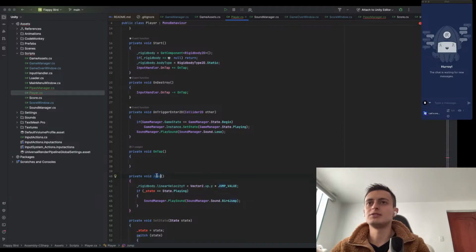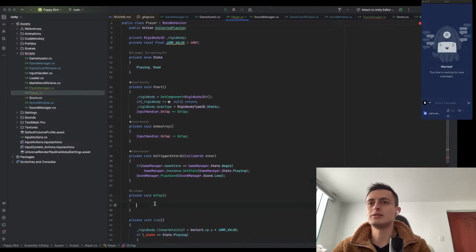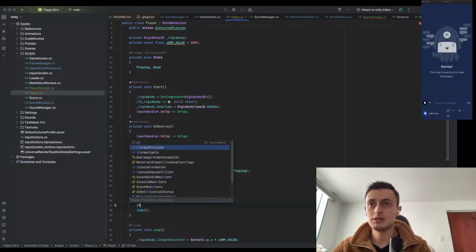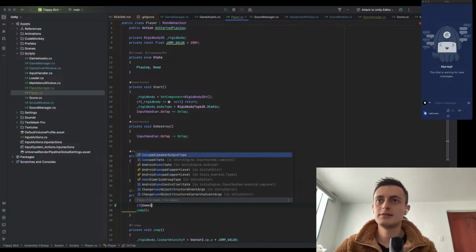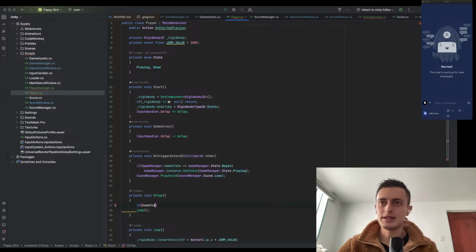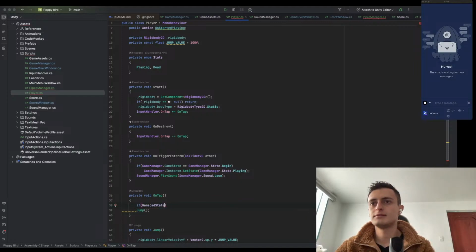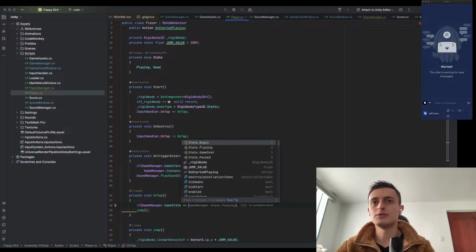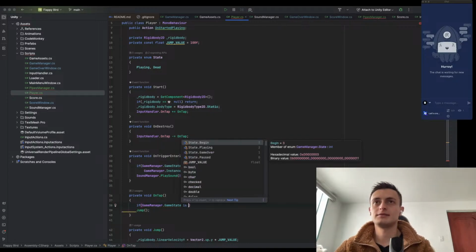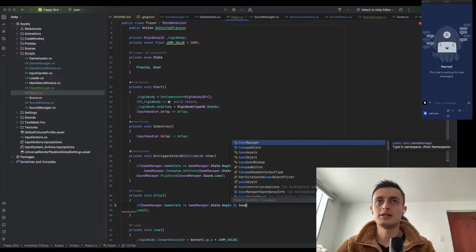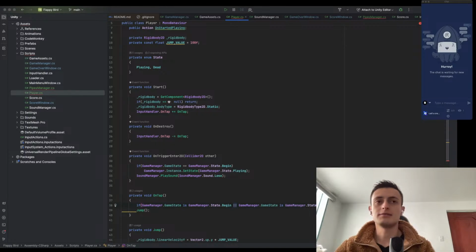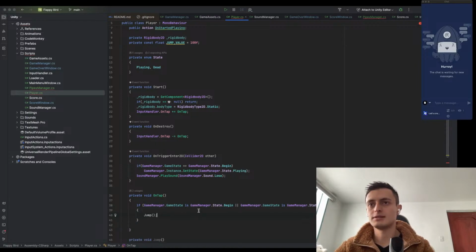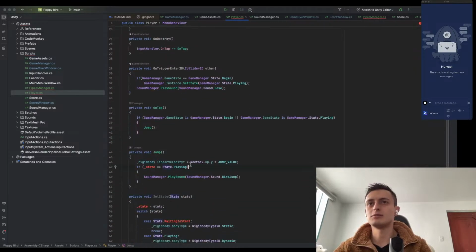Oh, but still I'm doing the validation here on jump. So okay, let's do it this way. So on top, you need to jump. Like if game manager dot game state is beginning, or game manager dot game state is playing, then jump, because jump has the sound. Okay, yes, nice. And here inside jump I do if,